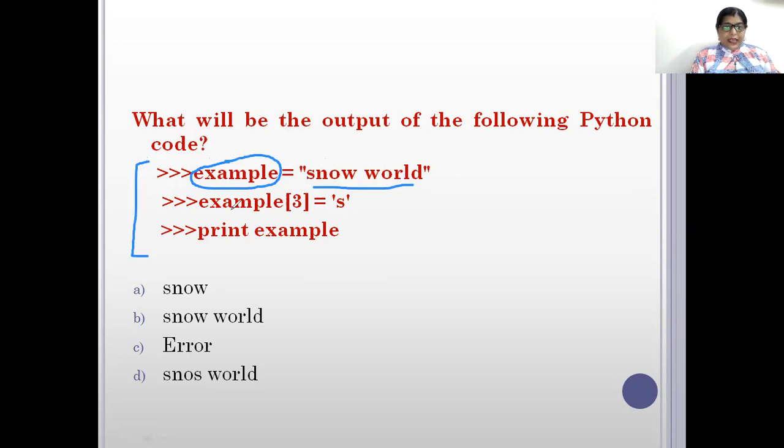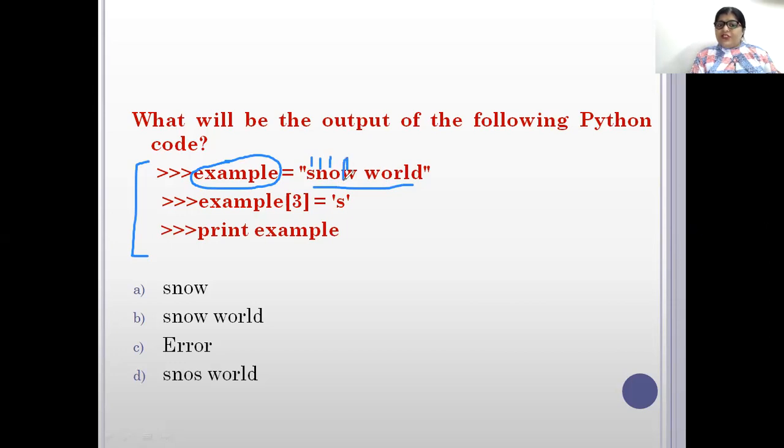So they are saying example[3] is equal to 'S'. Mostly the students simply put example[3] is equal to S. It means this is at 0, this is at 1, this is at 2, this is at 3.